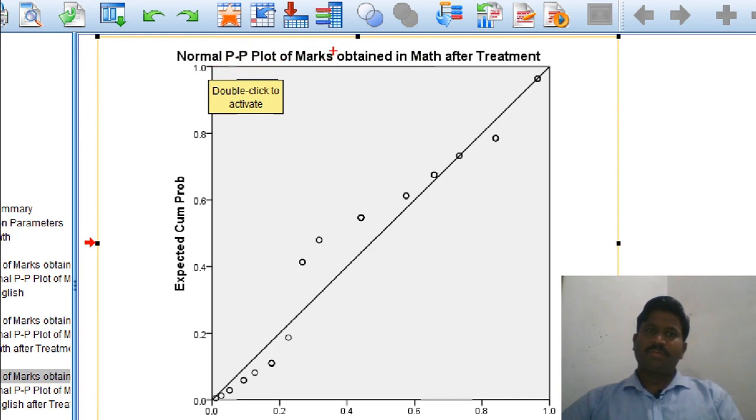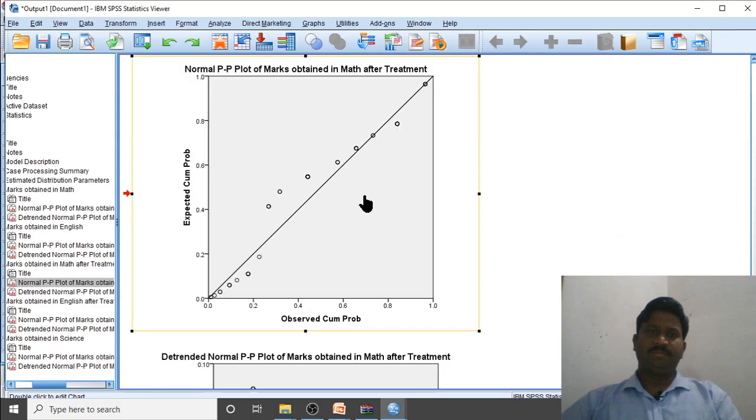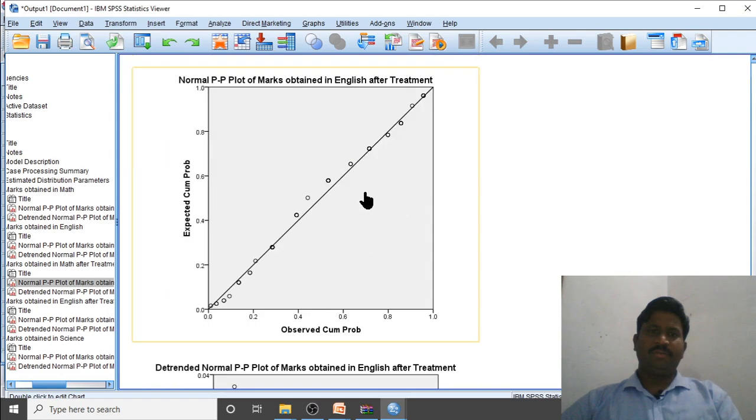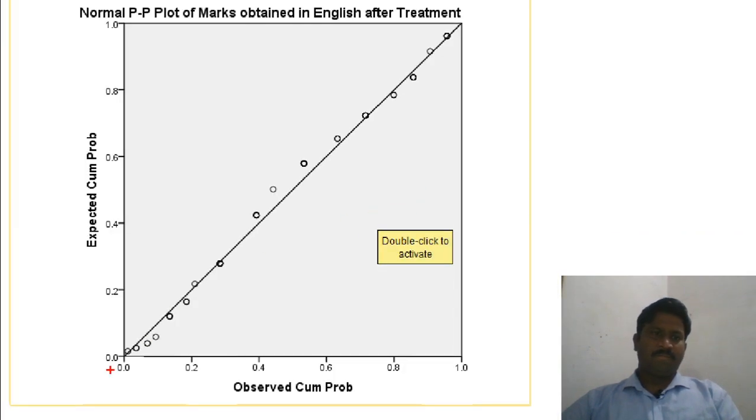Normal P-P Plot, maths score after treatment. You can see after treatment, again it is deviated from the normal position. So this is not normally distributed. Similarly for English score after treatment, you can see many of the scores lie nearly on this line.